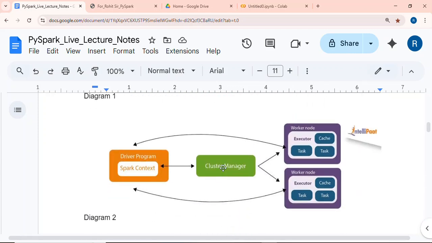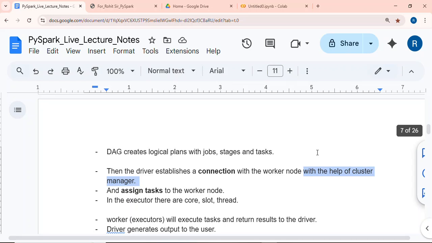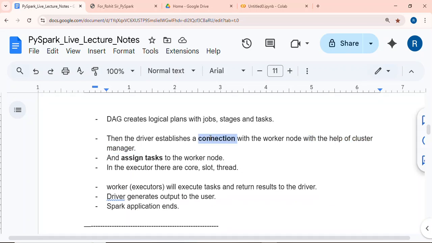क्लस्टर मैनेजर की हेल्प लेके ड्राइवर प्रोग्राम वर्कर नोड या फिर एग्जीक्यूटर के साथ कनेक्शन बनाता है। ये कनेक्शन क्यों बनाता है, क्योंकि ड्राइवर प्रोग्राम जो भी टास्क है, वो टास्क वर्कर नोड को असाइन करने वाला है, और वो टास्क ये वर्कर नोड एग्जीक्यूट, परफॉर्म करने वाले हैं। ओके, कनेक्शन हो गया, उसके बाद ड्राइवर असाइन करेगा टास्क टू द वर्कर नोड।